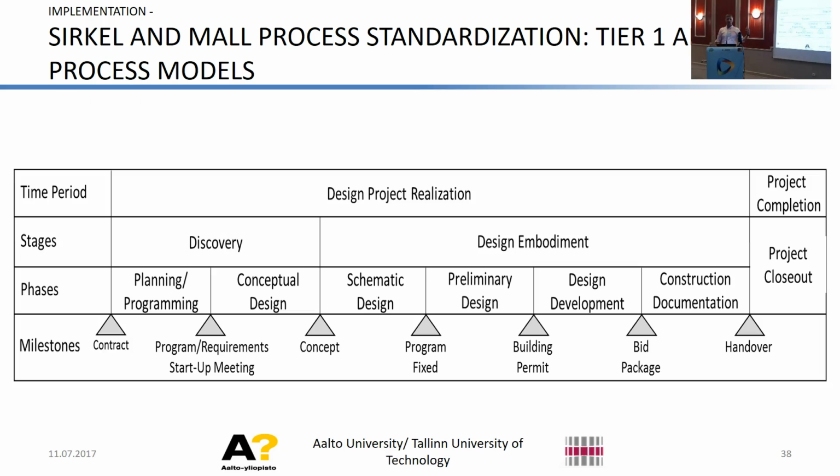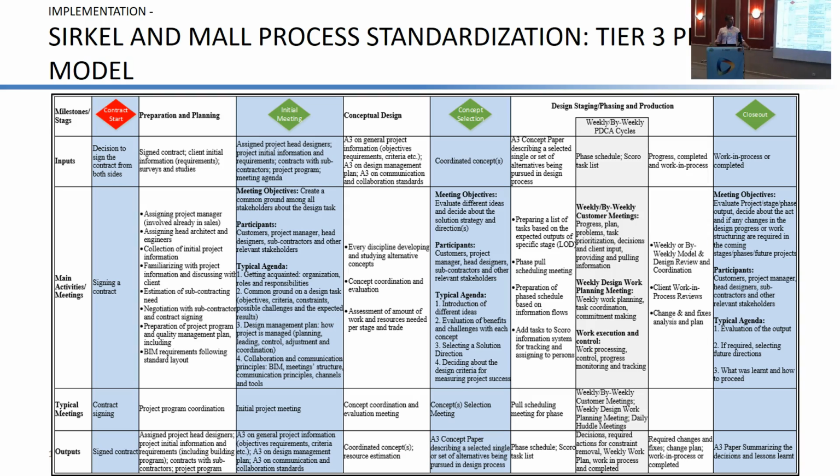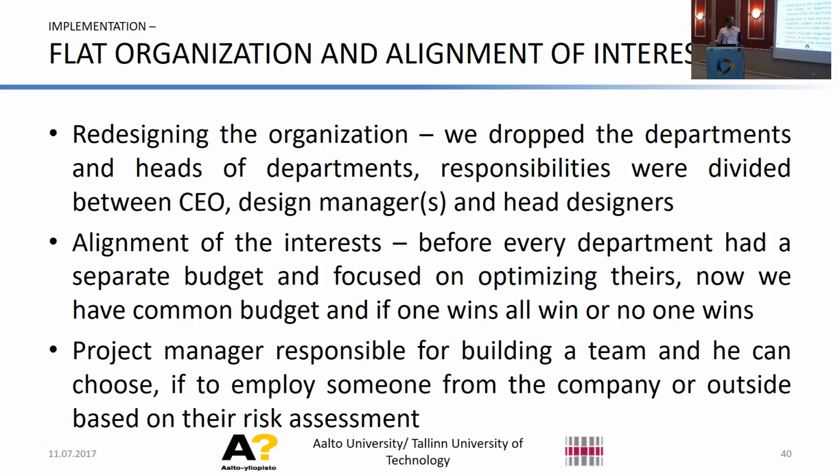So we have used this theoretical model now to develop a high-level process model, and up to the third process level model, with different activities, inputs, outputs, and now used the high-level process and the process model to indicate what tools and methods can be used in every step or every stage in the phase. And we are now in the middle of developing metrics for different phases and stages. And we redesigned the whole organization. If before we had departments, now they have a flat organization, and they only have disciplines. And the bonus system is aligned.